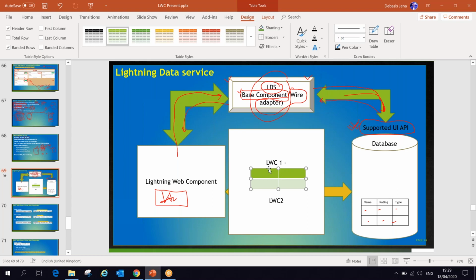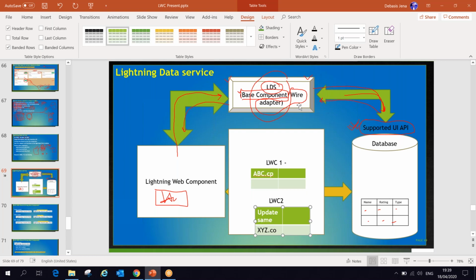And at the same time, I have one more Lightning component on the same page where I'm going to update the same account. Let's say here I have displayed the account name as abc.co, and in this component I'm going to change the account name to xyz.co through the Lightning Data Service.